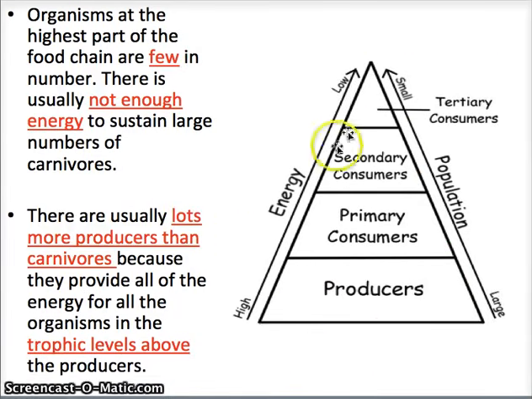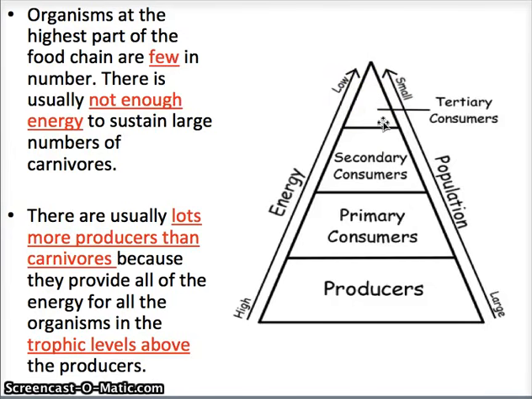So here's a really important concept. You now know that as you go up the trophic level pyramid, the amount of energy decreases, okay? Because 90% of the energy gets lost in each level and only 10% gets passed on. And this pyramid represents that in a nice shape. Because of that, there can't be a lot of tertiary consumers or predators or carnivores. There's just not enough energy at the top of the pyramid to be able to sustain a large number of